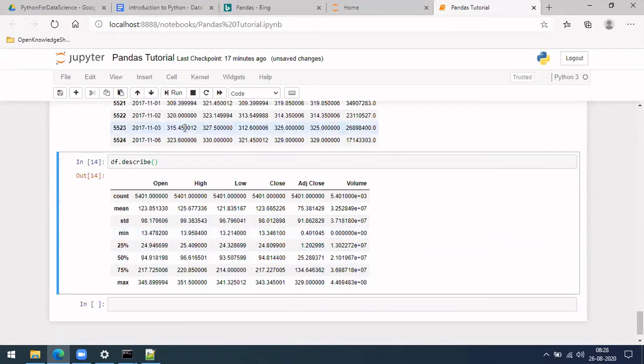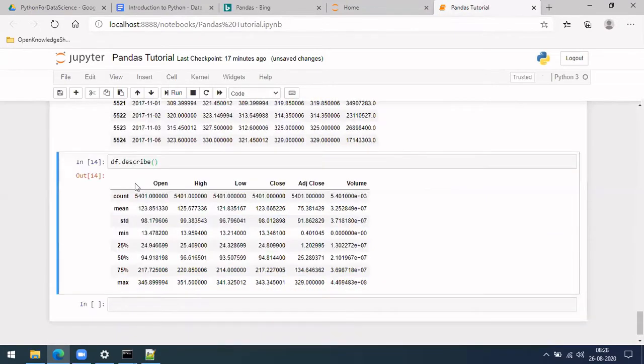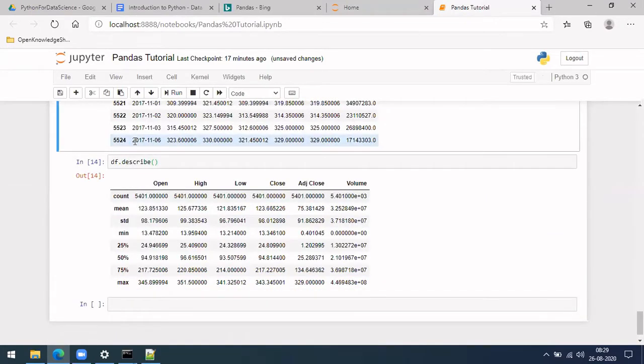Let me also touch upon what this data set is. This is stock data of SBI, State Bank of India, from 1996 to around 2017. This is publicly available data. I downloaded it from a stock website long back.